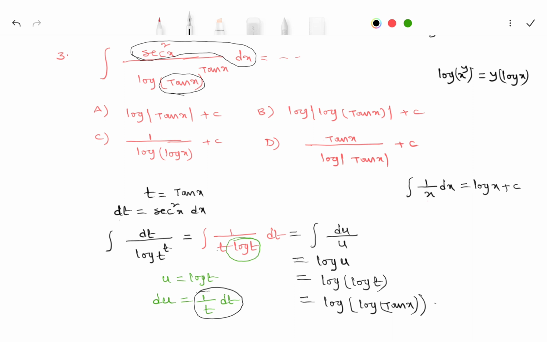After that you must write the integral constant. So the integration of secant square x by log of tan x whole to the power of tan x into dx will be this. So your right answer is B: log of log tan x plus c. Okay. Right now we will see one more